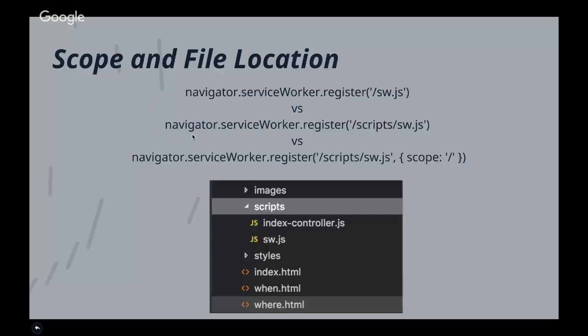So you could have something like codepen.io slash the baby dino, which is the user space. And they want to allow users to register service workers on their user space. So the request was, instead of restricting service worker by domain, to restrict it by the subfolder.